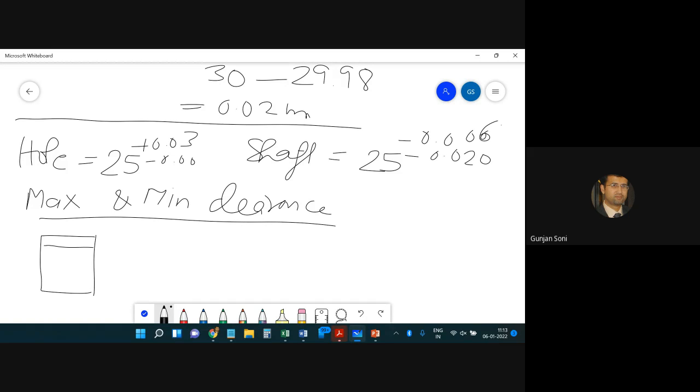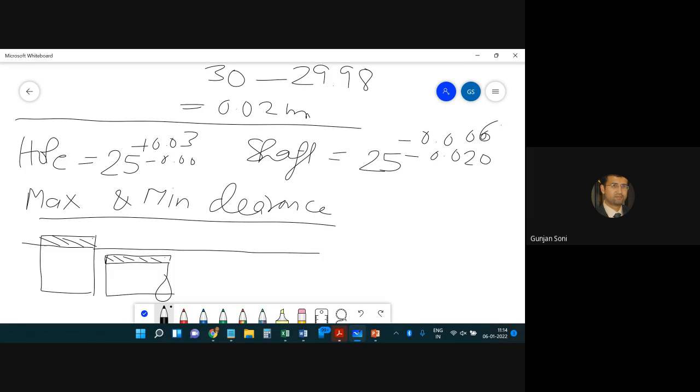it's a clearance fit. We can see that it's a hole basis system because the zero line is coinciding with the lower deviation of the hole. We'll talk about that later anyway. And then this is your shaft over here. It's a unilateral in the negative direction, so it will be below the zero line. It is anyway an exaggerated figure.